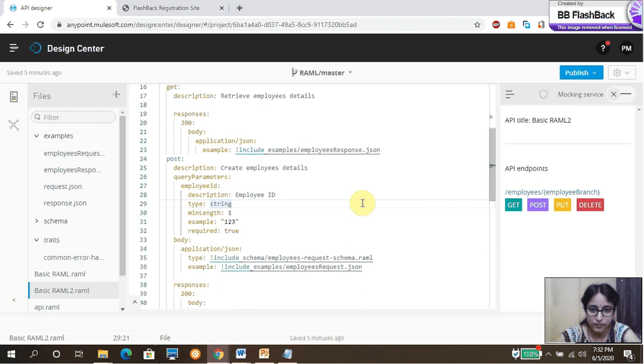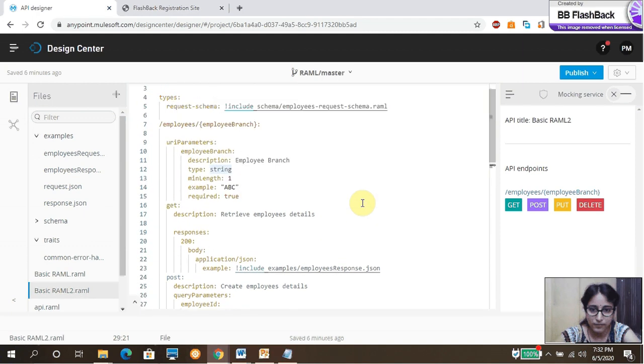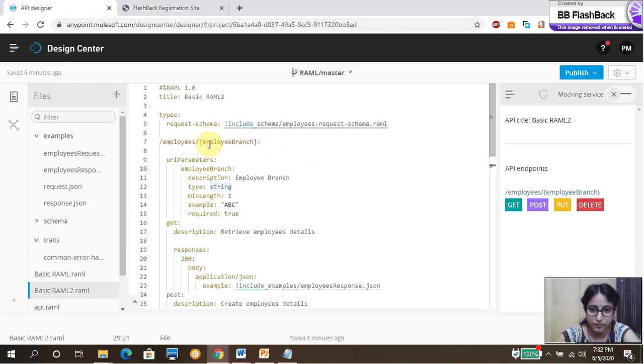The next one is URI parameter. How can we define a URI parameter in the RAML? As I already mentioned in our last session, to define any resource we first write a slash followed by the URI. Here you can define a URI parameter as well.